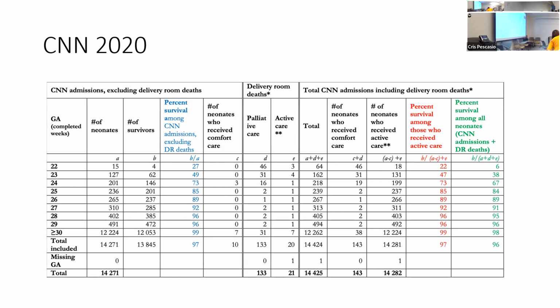I'm sure we are not going to go into limits of viability, but when you want to talk about survival, the denominator you're using is important. So survival of all the babies at that gestational age, or only the babies who got resuscitation, or the babies who got admitted to an ICU, because we could have done resuscitation, but they died in resuscitation. So the denominator is important when you talk to families, but I don't think that's a topic for today. But just to know that